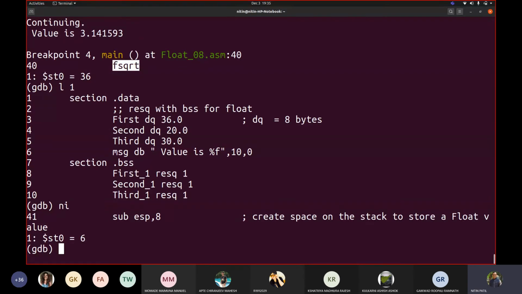Now think of this. I want to solve an equation: minus b plus or minus square root of b square minus 4ac upon 2a. What do you call this? You must have written a C program to compute this, the roots of a quadratic equation, correct?